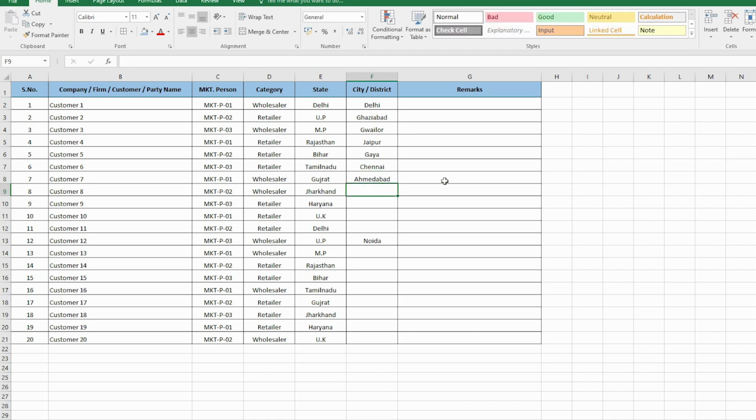After that this sheet will be completed, and this sheet will help you to manage customer targets and marketing person's targets, things like that.